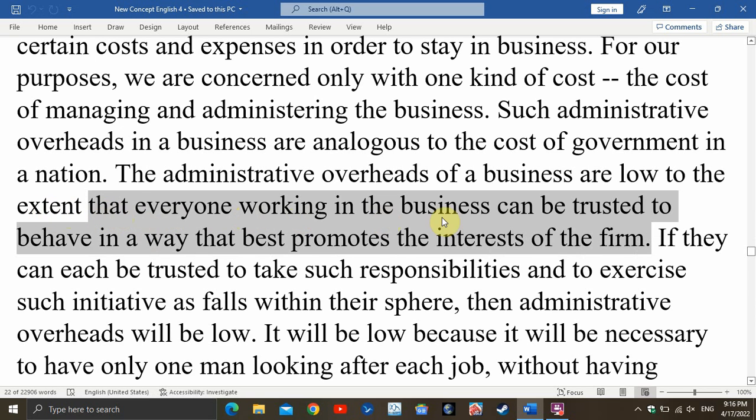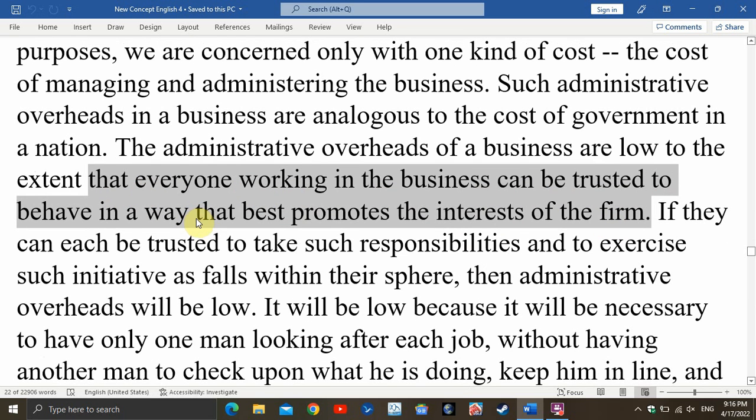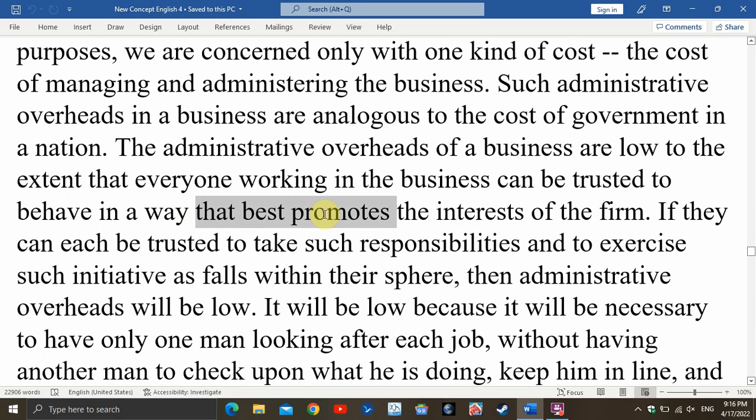Extent that everyone working in the business can be trusted to behave in a way that best promotes the interests of the firm. 那这个 extent，这个同位语从句里面还有一个 that best promotes the interests of the firm。那么 behave in a way，什么 way 啊？这个不是同位语从句，这个应该是定语从句。这个 that 指这个 way，in a way，the way in which。